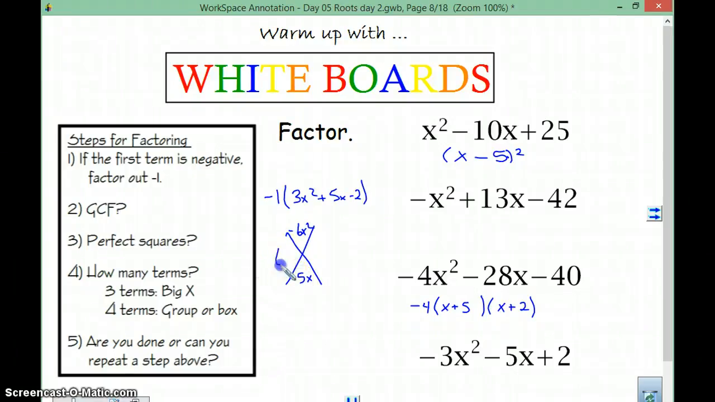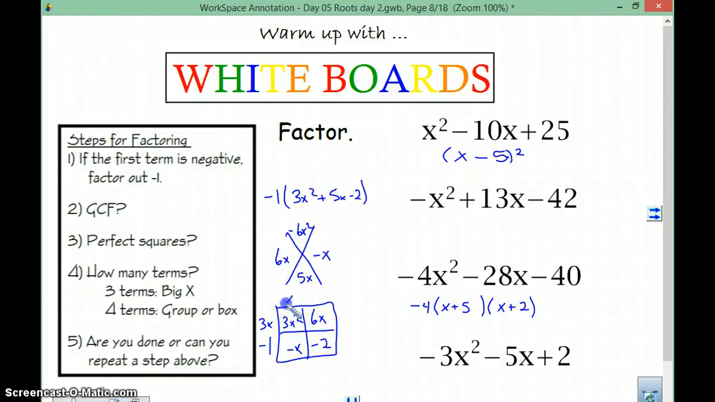Let's think that one through. How about 6x and negative x? All right? Does that work? Yeah, it does. So now we feed it into a box. Use the numbers from here first. 3x squared, negative 2. On the diagonal, you put your 6x and your negative x, so we end up with 3x minus 1